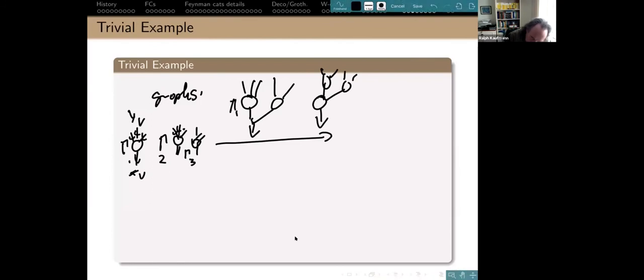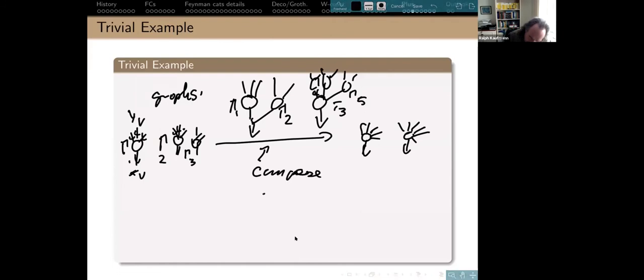And what you do is you assemble them into trees. Here you put them: gamma 1, gamma 2, gamma 3, and I need 4, I guess, 5, gamma 5. And then you contract the edges. Then you'll see this one has 1, 2, 3, 4, 5, 1, 2, 3, 4, 5, and this one will have 1, 2, 3, 4, 5, 6. And basically you can compose. The point is they're morphisms along these flow charts.